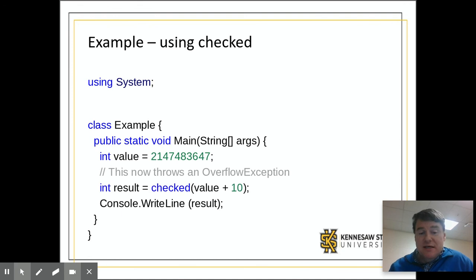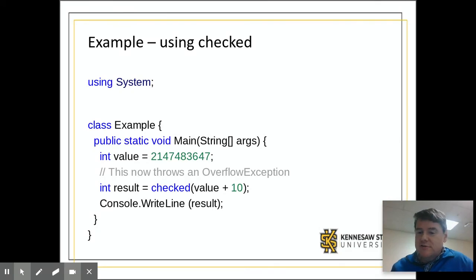If you want this to be checked, then you use the keyword checked. Anytime that you're dealing with a number that could overflow the integer bound inside of C#, you can simply put the word checked in front of it, and if it overflows, this will cause an overflow exception. It will actually throw an exception that you can now catch and do something intelligent with, as opposed to it just randomly ending up with this huge negative number,